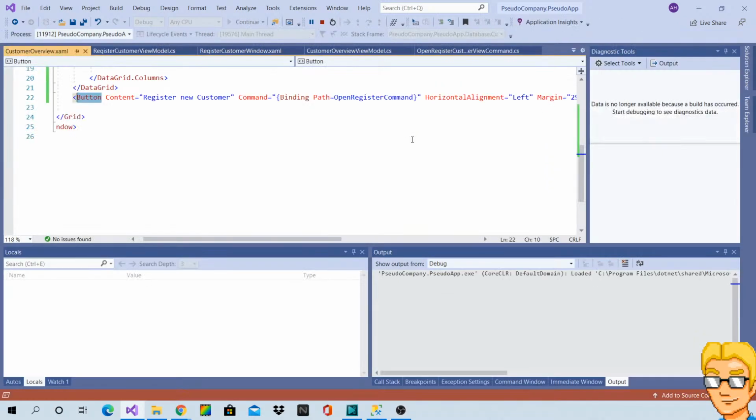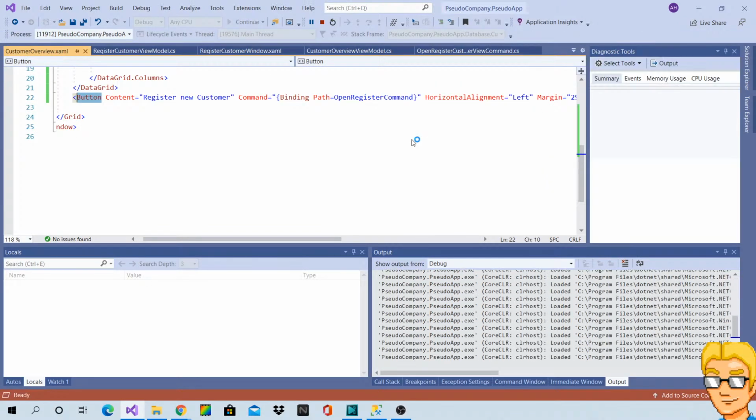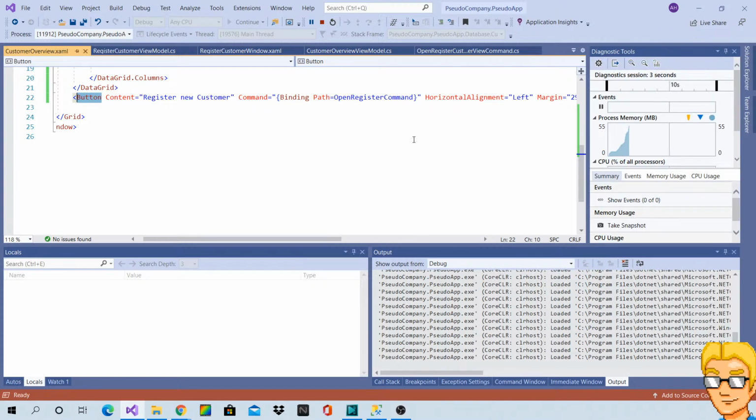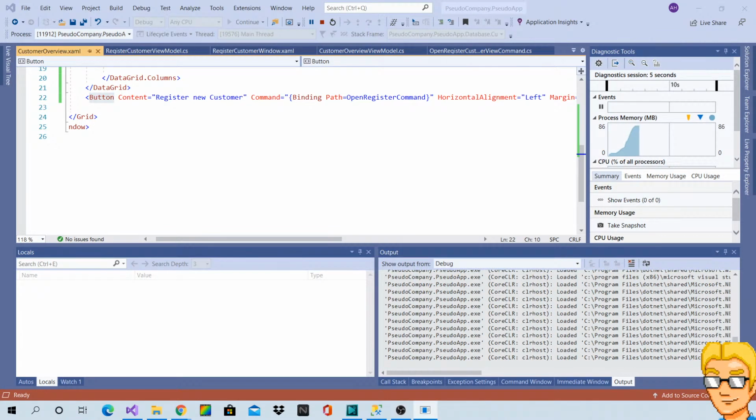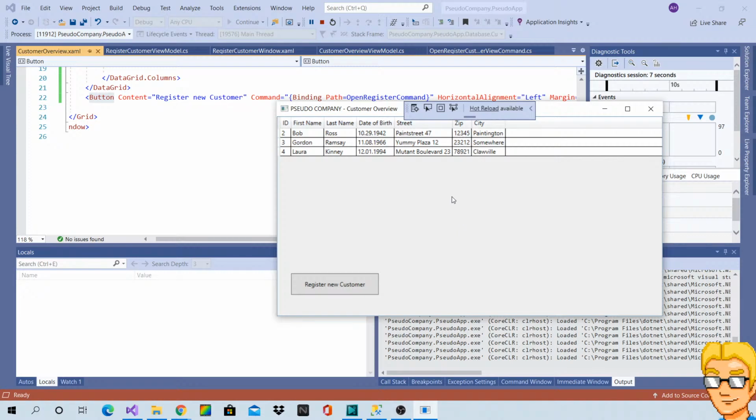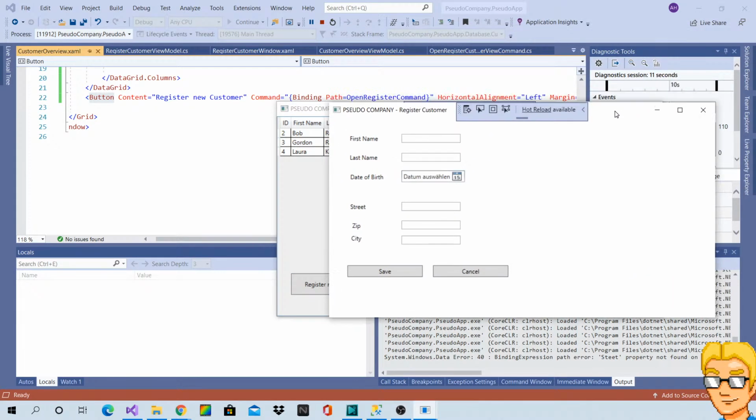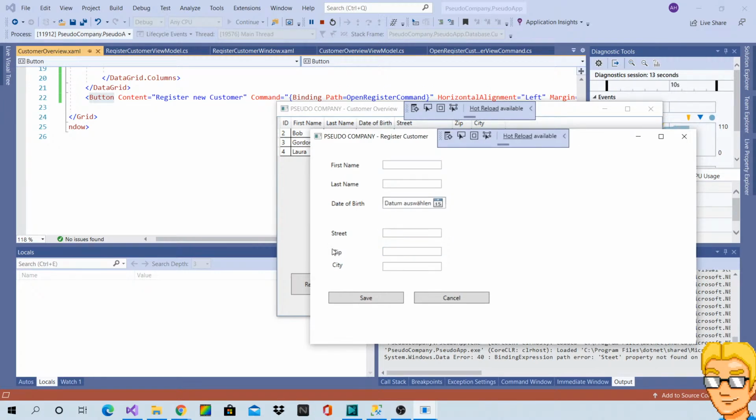I mean, I guess I can use a stack panel, but I don't feel like putting in the effort. It's not worth it. Ah, that's fine. It's extremely ugly, but it doesn't really matter.